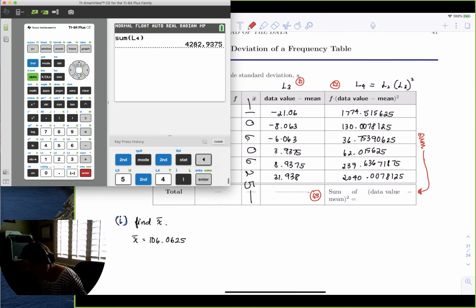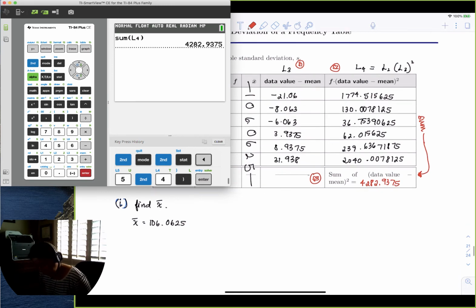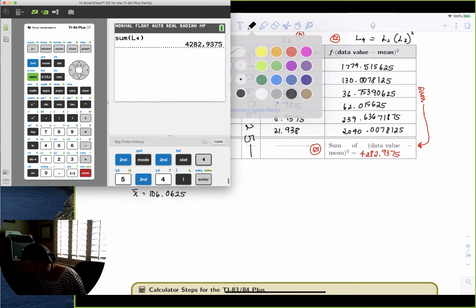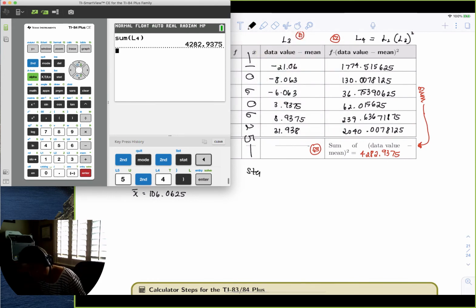Okay, so 4282.9375. We're so close, I know. And then step 4 is to divide by n minus 1, where n is equal to, well, how many models did we actually survey? Recall we surveyed 16, so n is equal to 16. So take 4282.9375